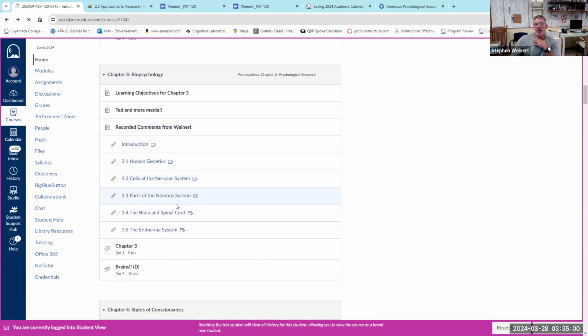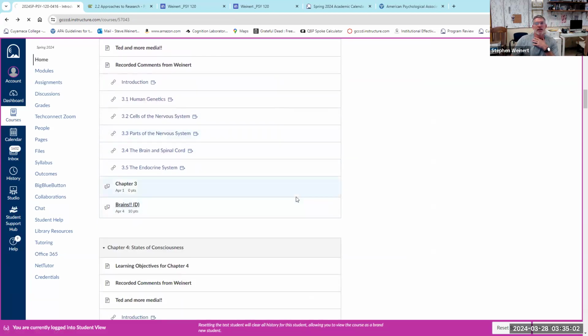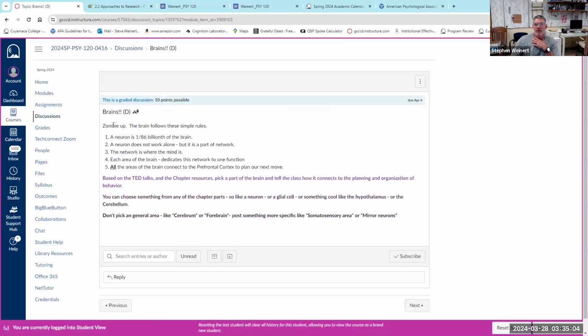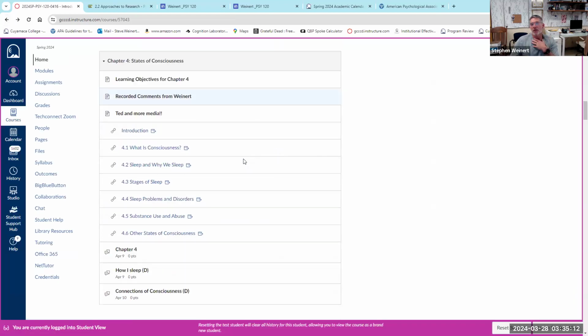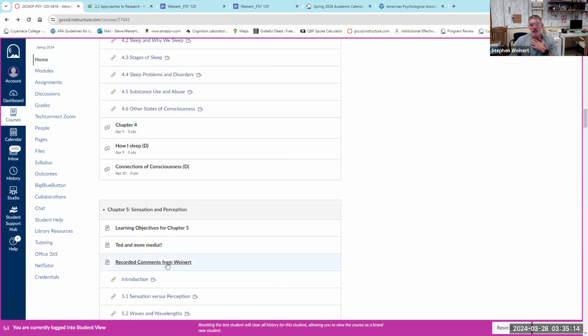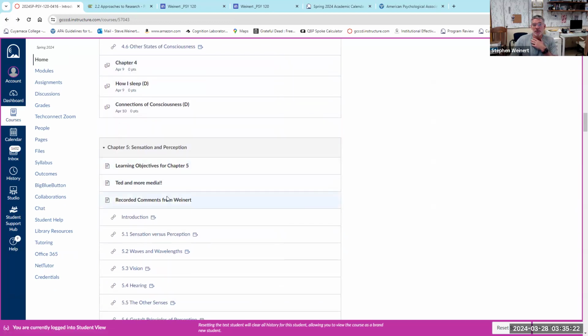Okay, so when you do these little assignments, they're pretty simple. They're not asking you to do a lot. Here's the brains one. That's finding a zombie, a get zombie up. This is just find a chunk of the brain and share it with the class. Simple. Each one of these, I'm going to scroll down. You can do each one of them. They're relatively self-explanatory. Remember, each chapter, you're going to ask questions based on the modules or the chapters.